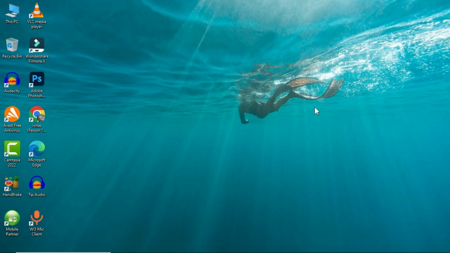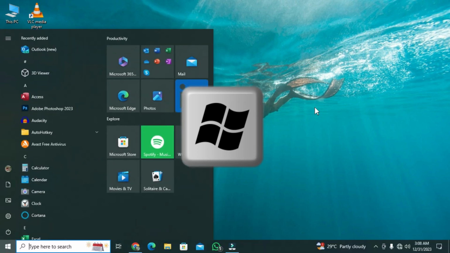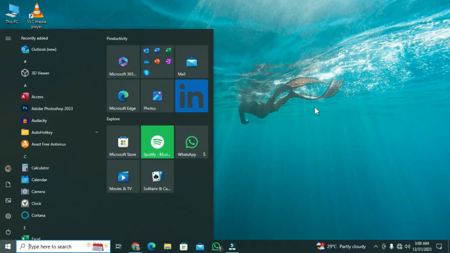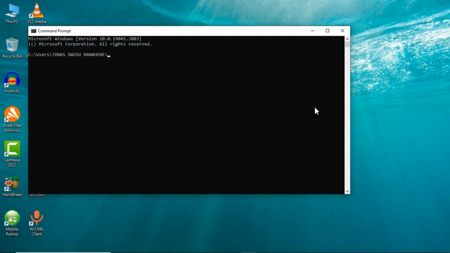So let's open this command prompt once again, and we are going to do this with the computer keyboard. So you press the Windows logo key on your keyboard, then you type CMD. You have the best match. Just press the Enter key on the keyboard. Now we have our window opened. Now let's move back to the hidden file menu,